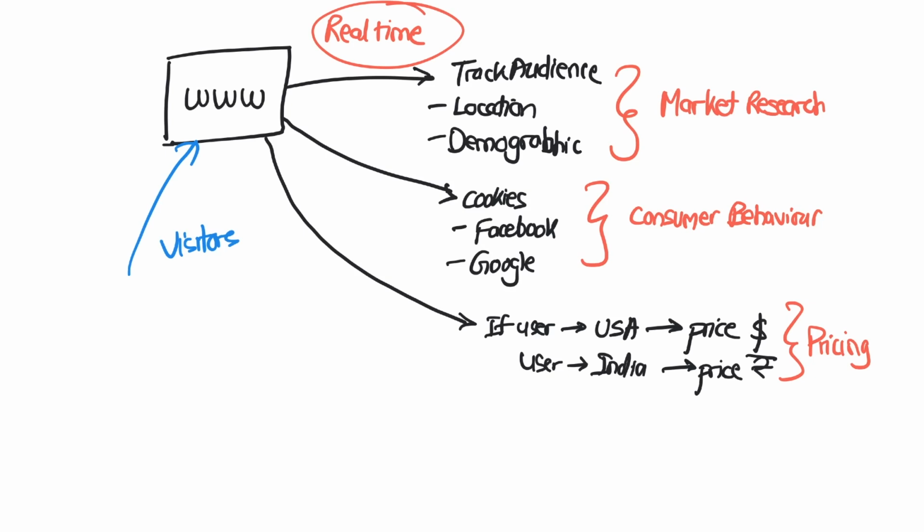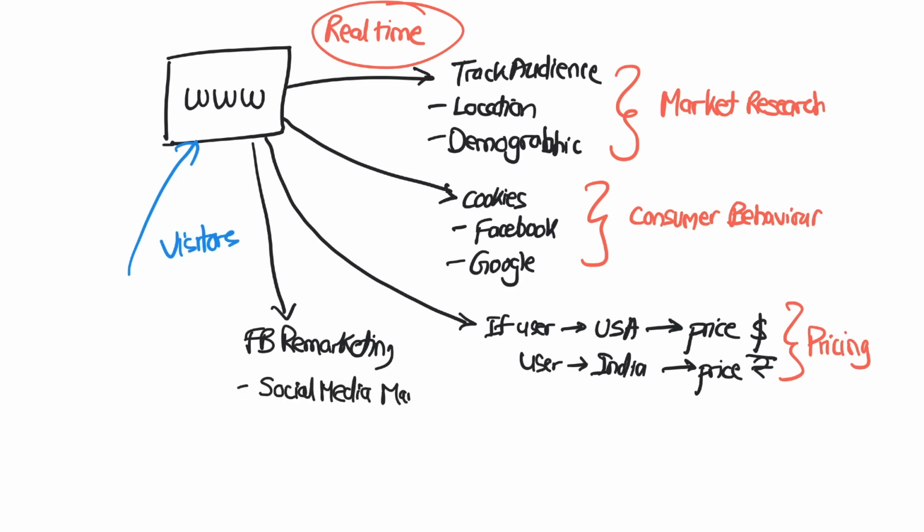And then suppose you are somebody who is also employing Facebook remarketing in order to chase your audience on Facebook as well. What exactly are you up to here? You are using social media marketing for your sales, and here you have applied digital marketing as well. So effectively, all of these things are happening in real time, and for all of this to happen, you need to take some quick decisions.